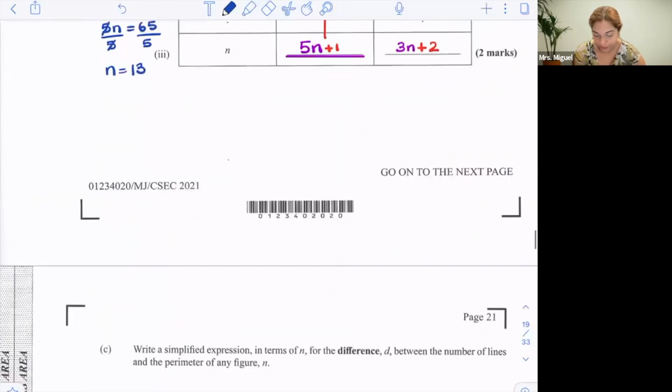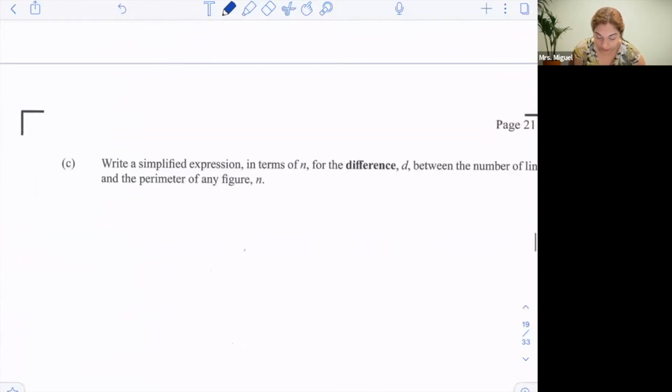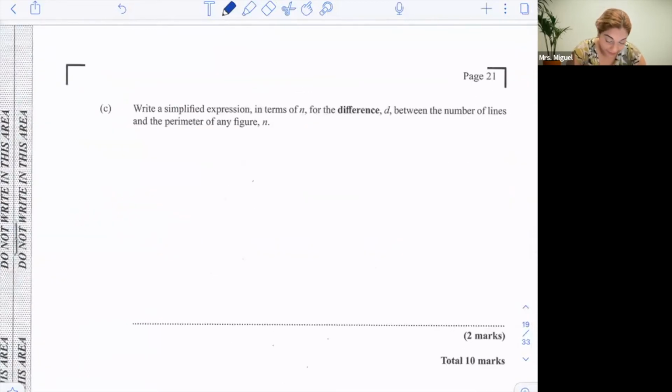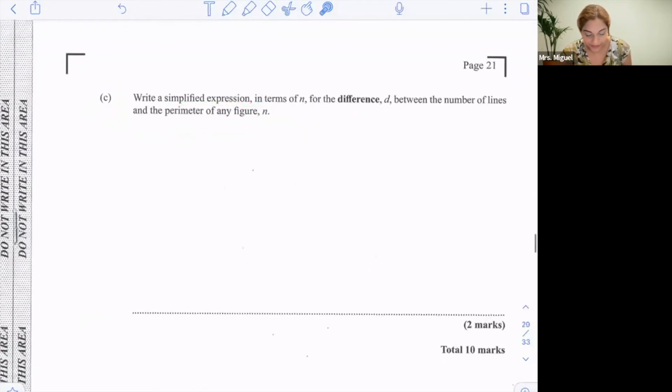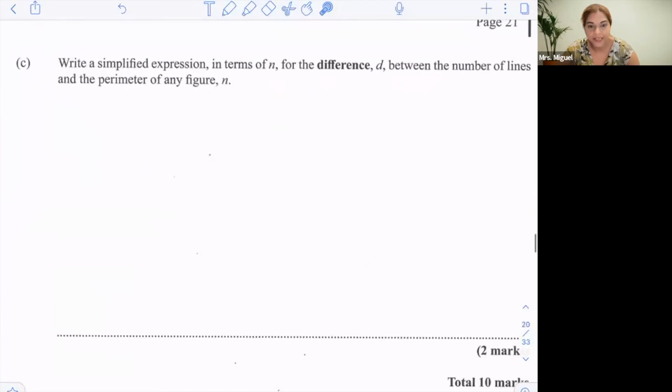All right, let's go. And this is worth 2 marks. You see, from the time students start to read simplified expression, difference, they don't know what to put. So automatically, they're leaving it out. But here, just like English, we need to read and they're telling you exactly what they want you to find. Write an expression, okay,